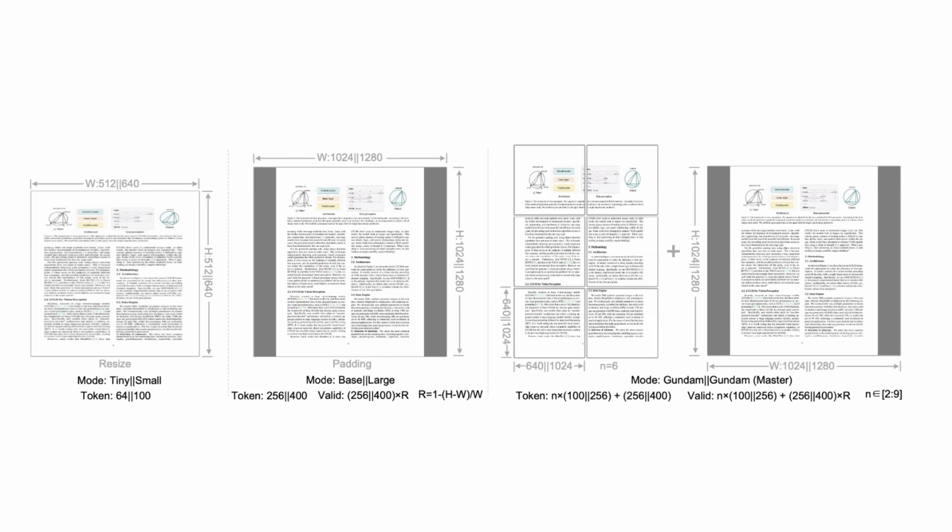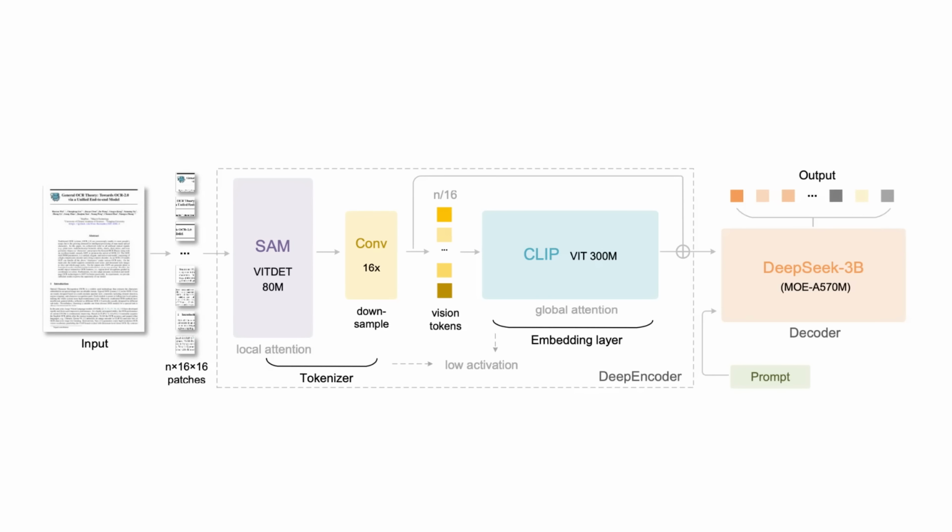To give you a real world comparison, the old way of doing this would take a document and need 6,000 tokens to represent that document going into your large language model. And that obviously is going to use a lot of computational power and memory. This deep encoder approach can do the same thing with under 800 vision tokens. And it can actually get better performance out of this.